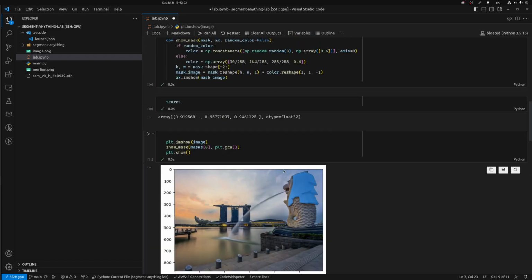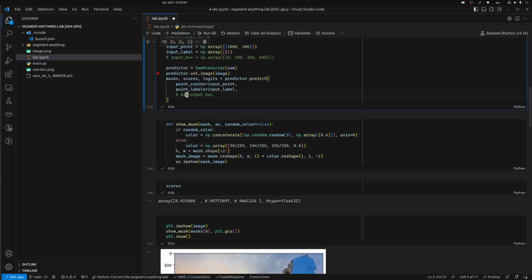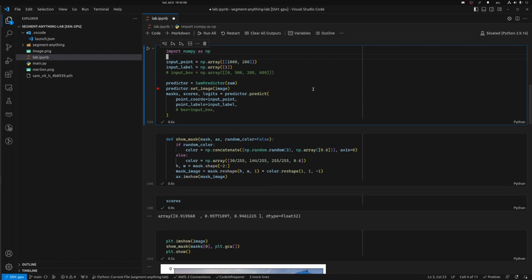Now, obviously, there are more ways. In fact, let's try the bounding box. So I'm just going to comment this out and then,